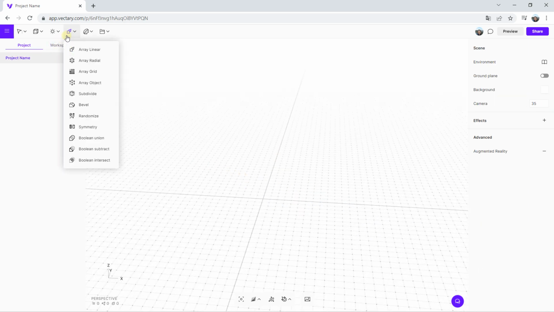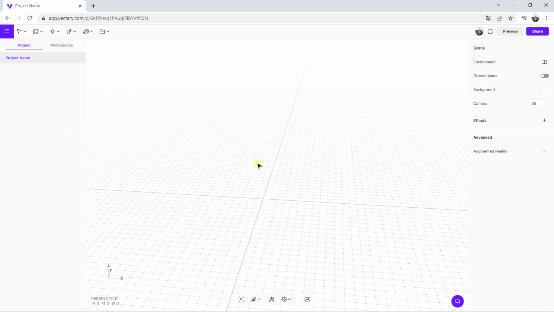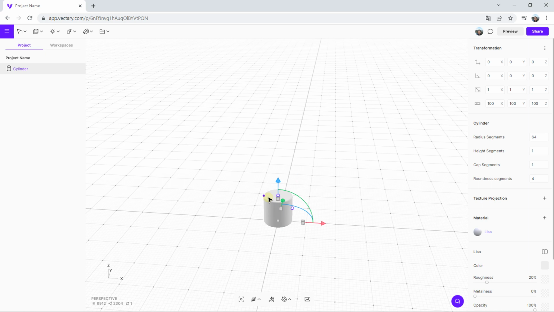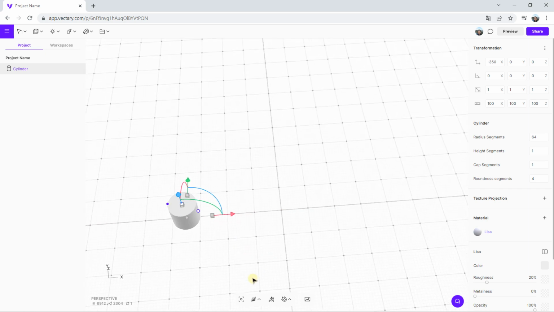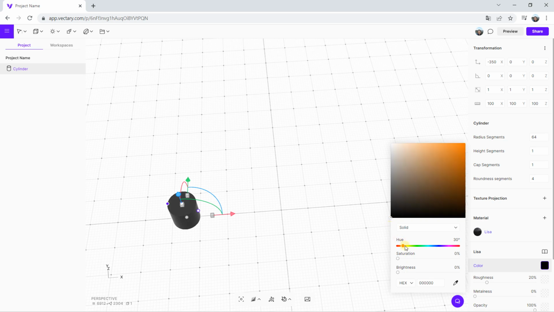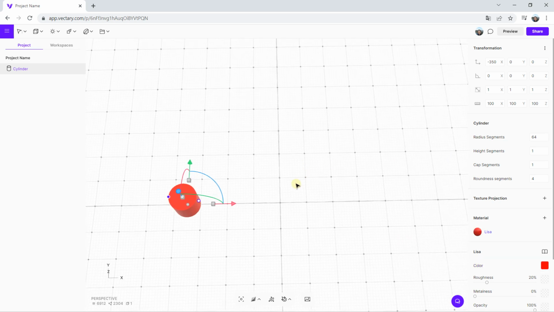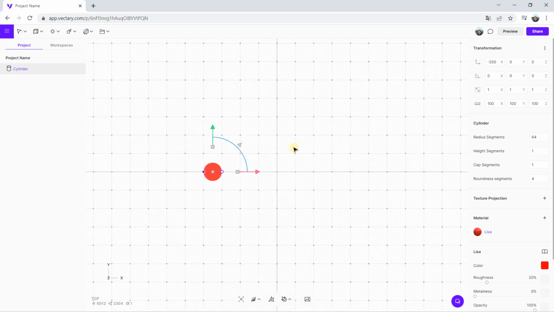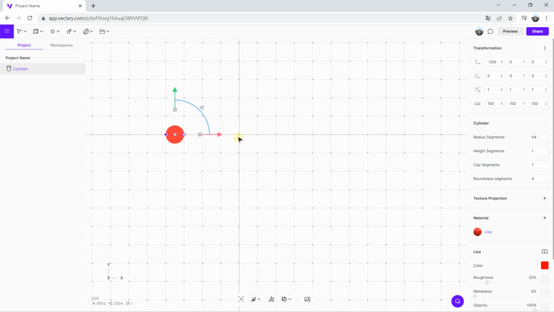After, you can also use the array radial. So it is the same, but this time it is radial. I'm going to just click on the cylinder. By default, the center will be the intersection of all of my axes, X, Y, and Z. So I'm going to move this element little on the left and change the color for, why not, red color. Now I'm going to use the top view. I can click on Z. And I want to make a repetition around this center.